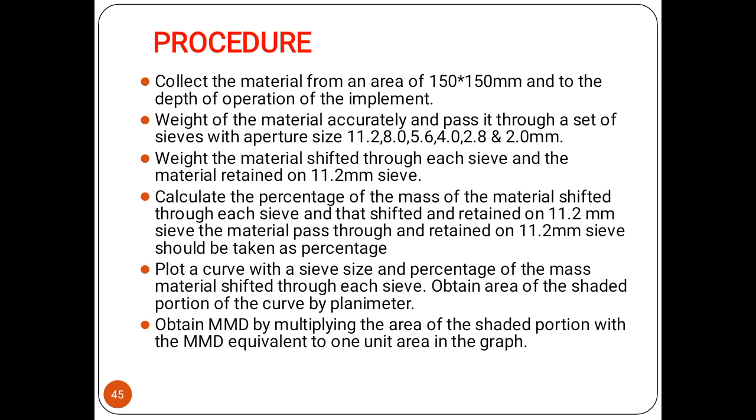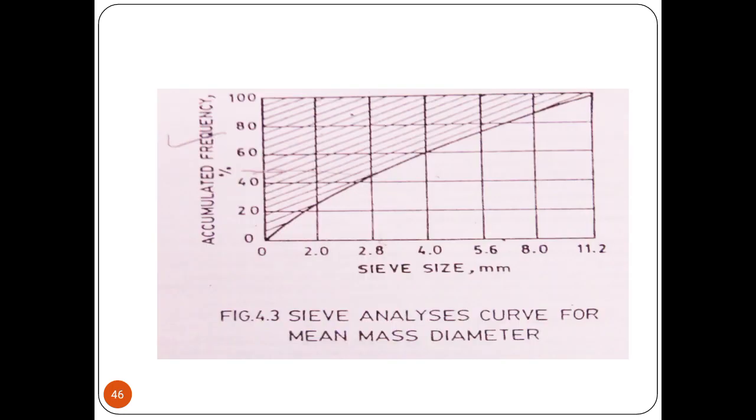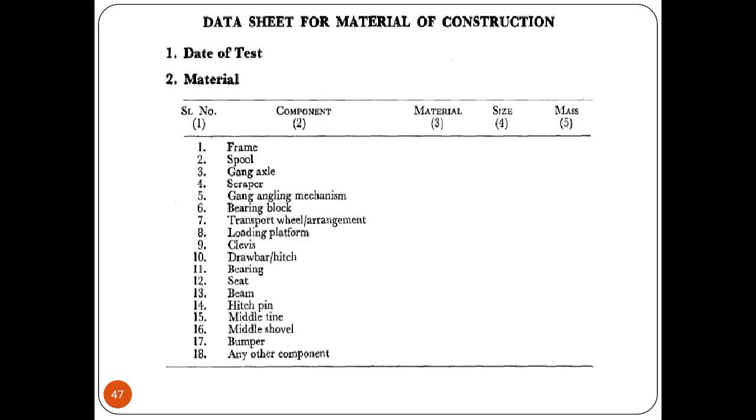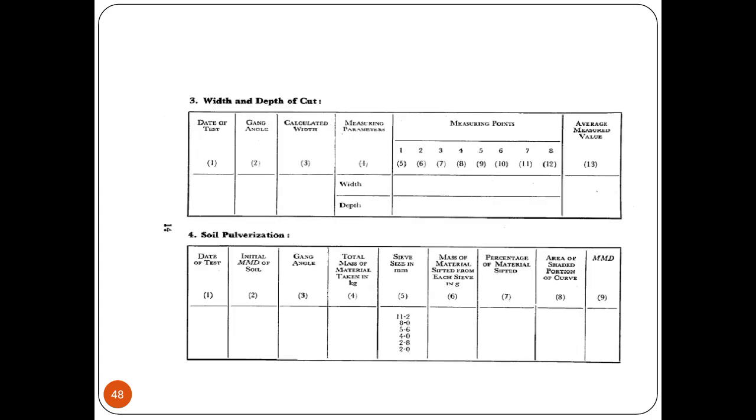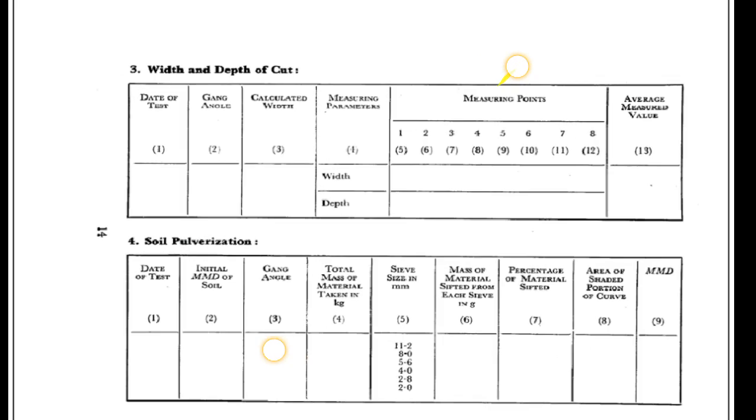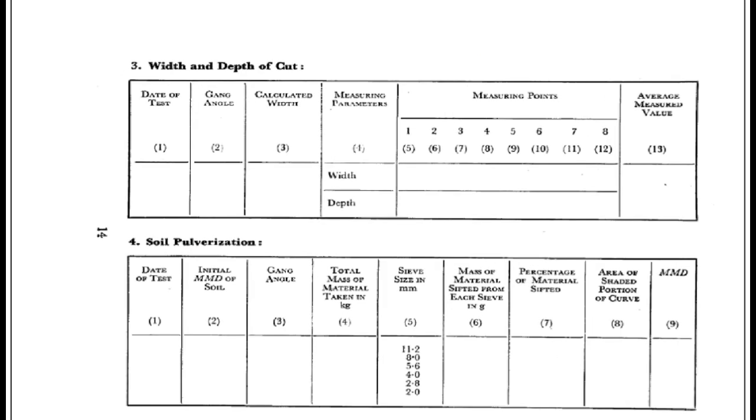And then obtain the MMD by multiplying the area of the shaded portion by the MMD equivalent to one unit area in the graph. You can see the sieve analysis curve for mean mass diameter. This is the data sheet for material of construction, data of test material. You can see the different columns: component, material, size and mass. Now this is the width and depth of cut data sheet table. You can see the observation